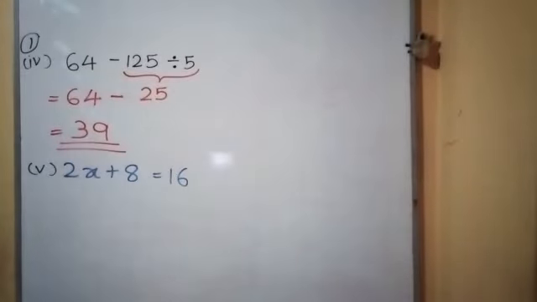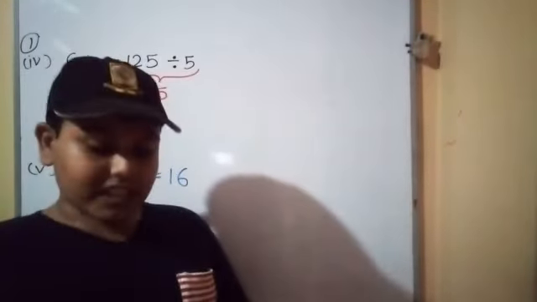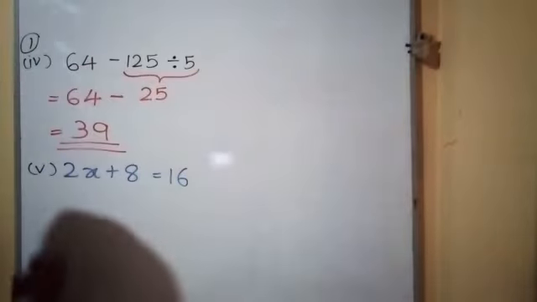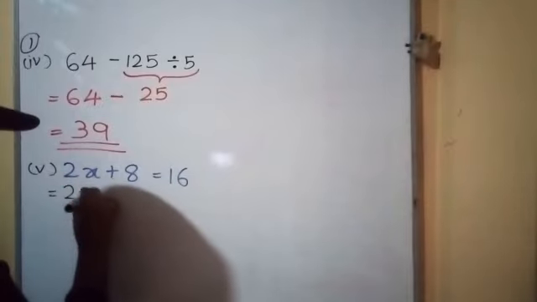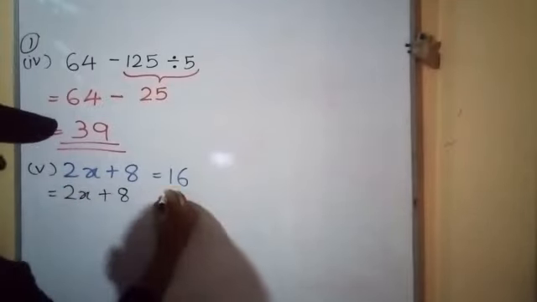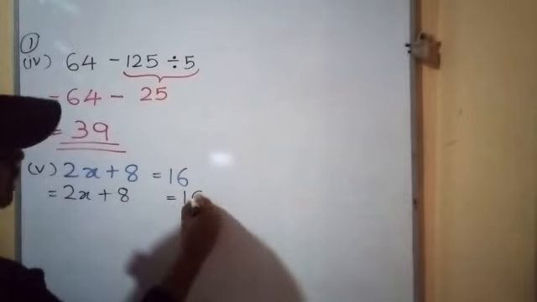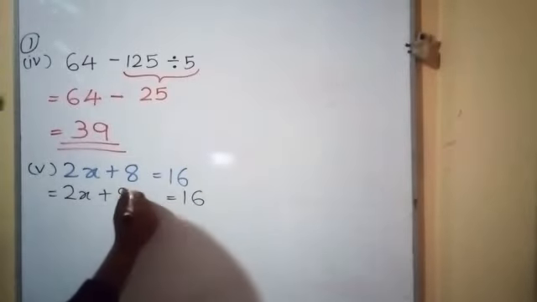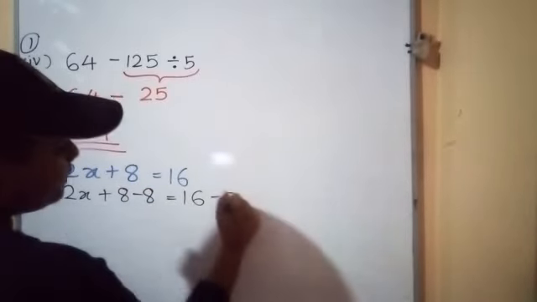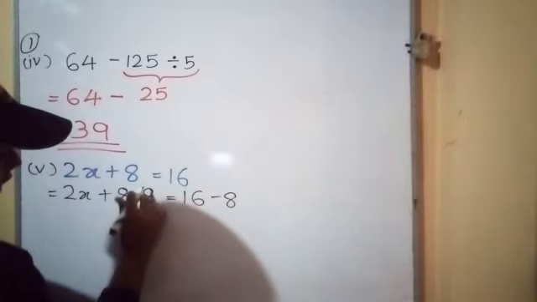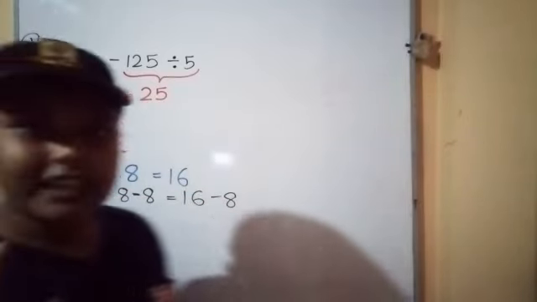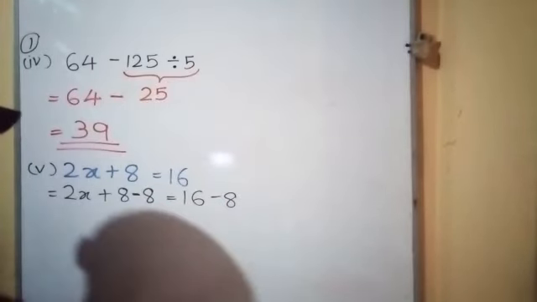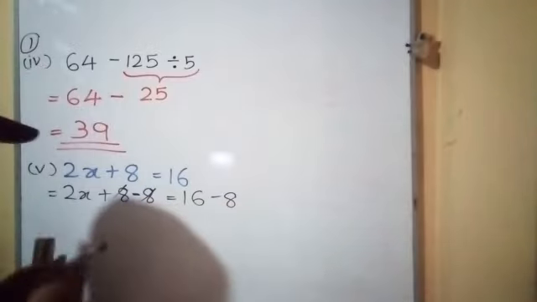Now let's do that. Now you know left hand side equals right hand side. This is the equation. So now you will get 2x plus 8 equals 16. Now in that they have plus, addition. Subtract from both sides. If you watch my grade 7 equations lesson, you know this part is called base.